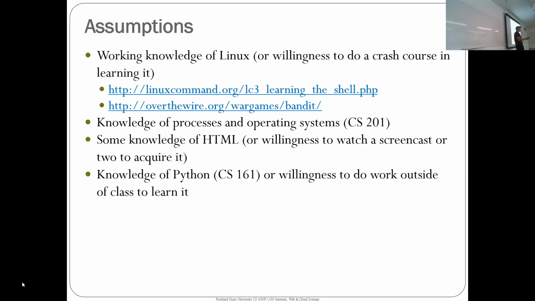Knowledge of Python. Or a willingness to work a lot outside of class to learn it. So that's CS161 is our Python class. You could learn it on the fly. When I come to the Python section, I will give you the parts of Python that are relevant to the course. I will try and give you the subset that you need, but it really does help to get a refresher on Python because almost everything, all the labs I've selected in this course are Python based,